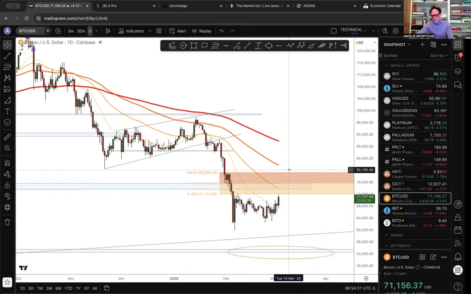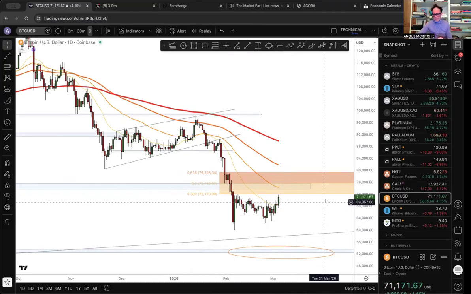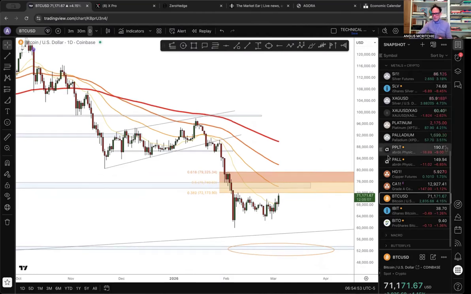And I'd say that we can't really say it's anything other than a reactive bounce until we get above 79,000. That to me would be indicative of a bullish change. At the moment, we have a basing formation trying to form itself, and an attempt at a breakout, which for sure is positive and optimistic, but it's not over yet. Let's just continue to monitor that.